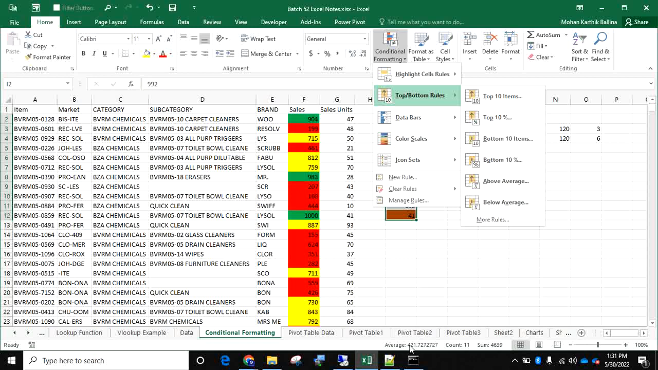ఈ యావరేజ్ అనేది ఇంటర్నల్గా ఇట్ విల్ క్యాలిక్యులేట్. Internally it will calculate this average. We are not telling that. When you select above average,